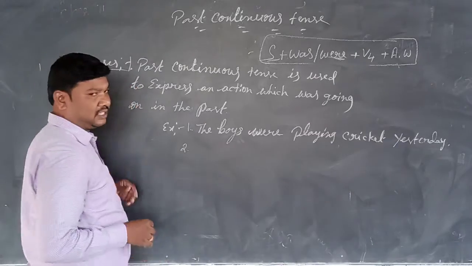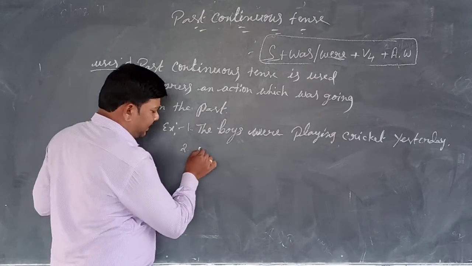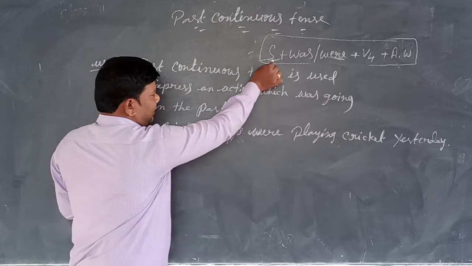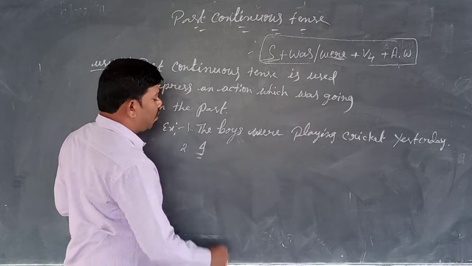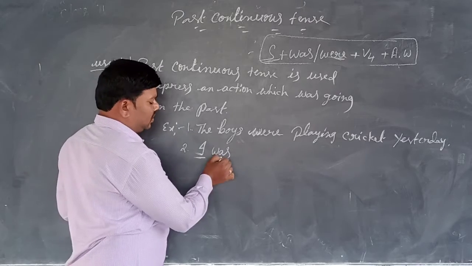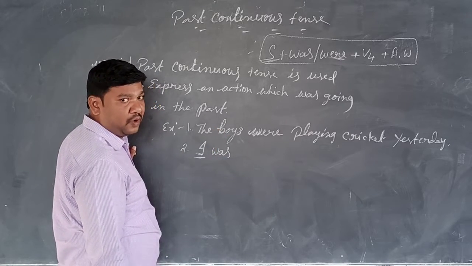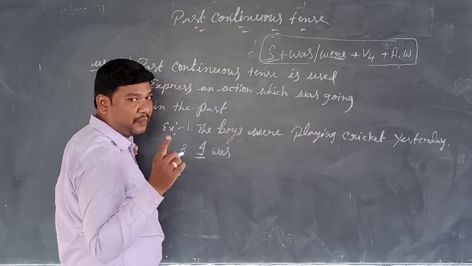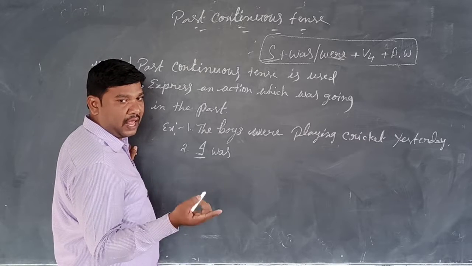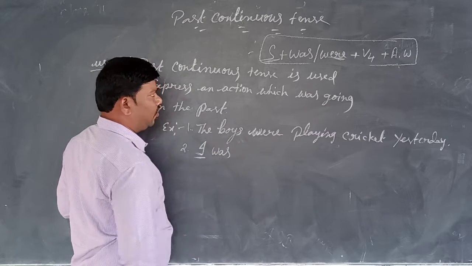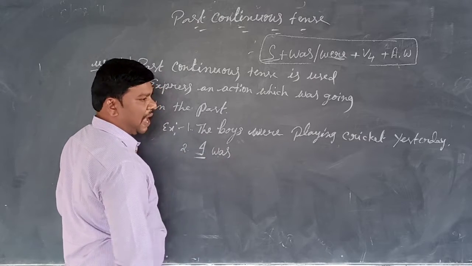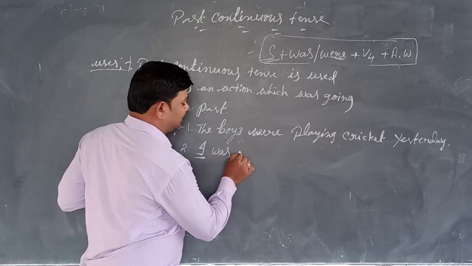And the second example, let us observe here. I take the subject I. I told you, when do we use was or were? What comes, was or were? Was comes here. Why? Because this is I. Subject I is singular. So we should take the helping word was. Was or were is called a helping verb, auxiliary verb, supporting verb. I will tell you in the next class about helping verbs and main verbs. I take the subject I, so the helping verb was comes. I was studying